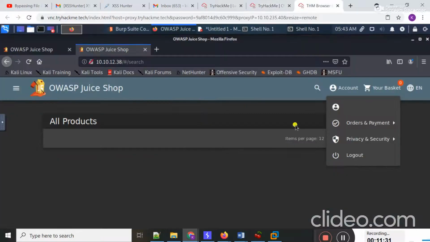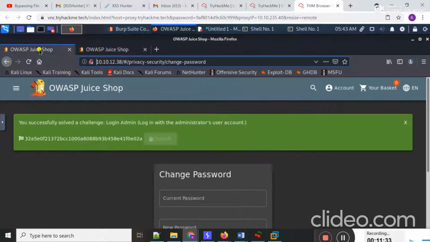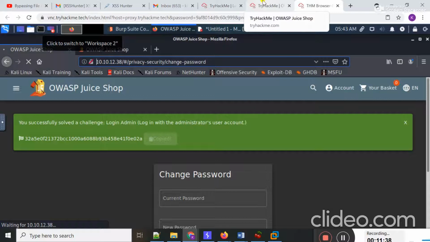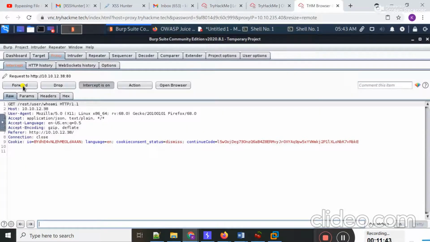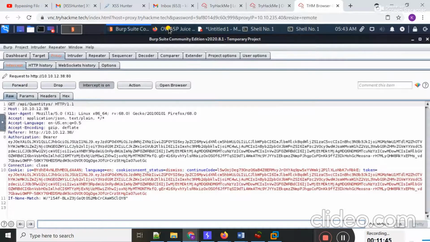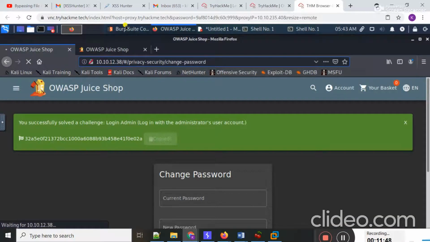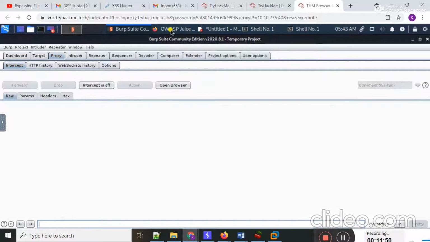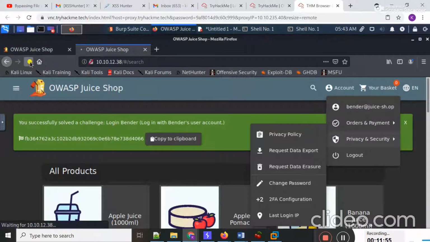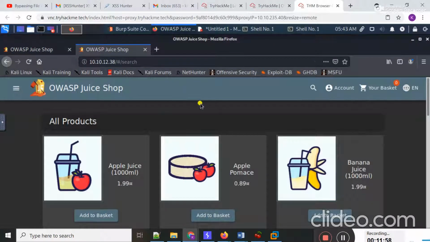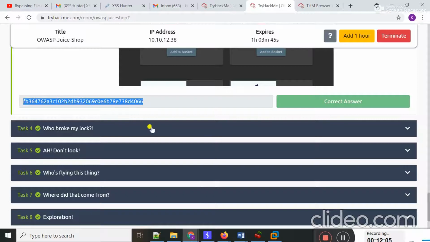I'm successfully logged into the vendor account, and if I refresh it, guys, you can see here that when I log into the vendor account, a flag is present that is actually for the vendor account. You can paste it in the answer section.